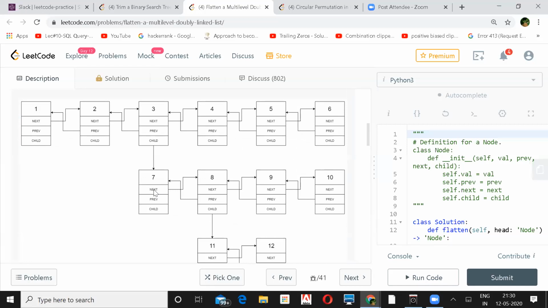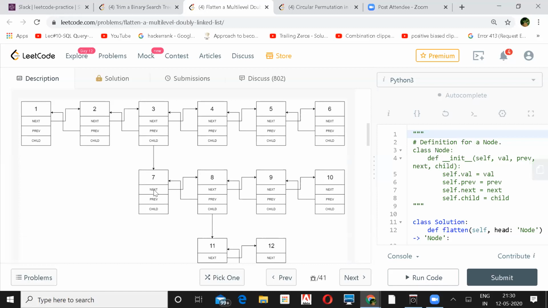So let us think about that. If previous doesn't exist, then it has to go to the parent. Yes, correct. The previous of 7 will have the address of 3 in it? Yes, definitely. 7 will have 4 as the next of the parent, because we already did the parent.